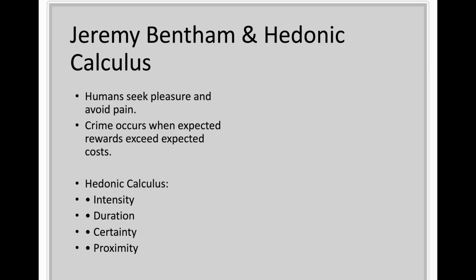And this gives us a simple model. Expected utility of crime equals expected benefits minus expected costs. The benefits might include things like money, status, revenge, excitement, peer approval, emotional release, or some other gain. And the costs might include arrest, conviction, imprisonment, shame, guilt, injury, retaliation, loss of employment, or damage to relationships.